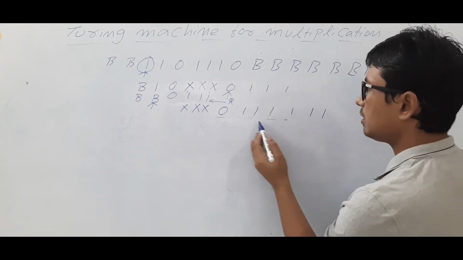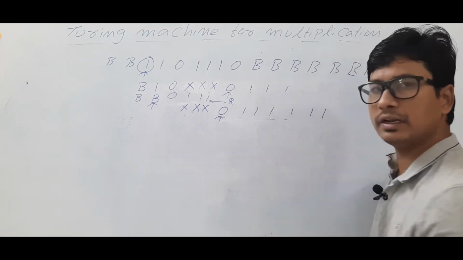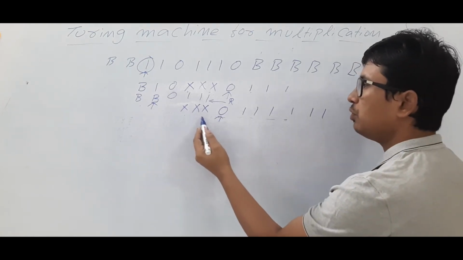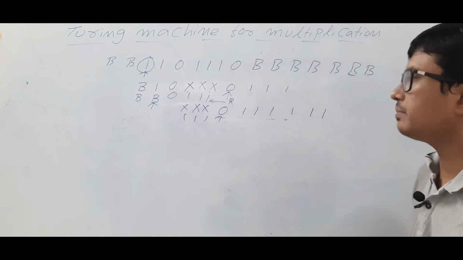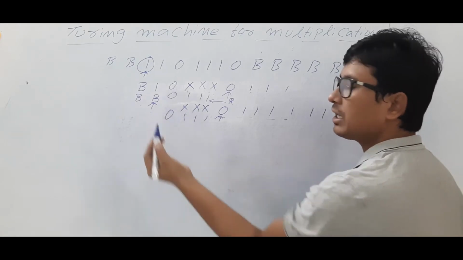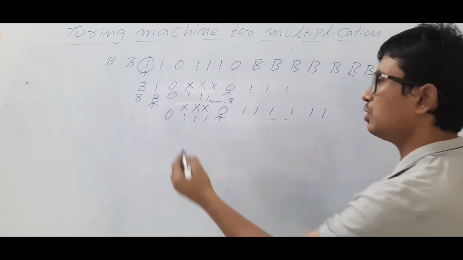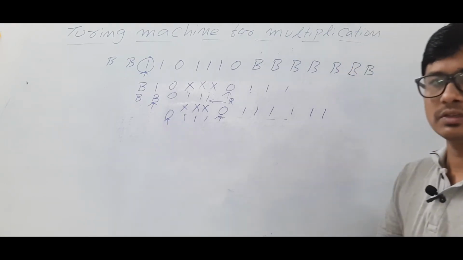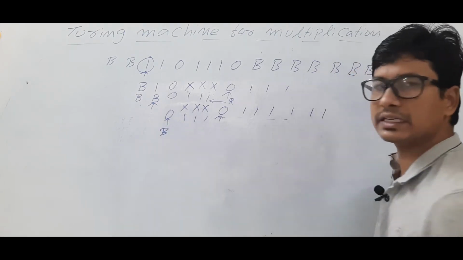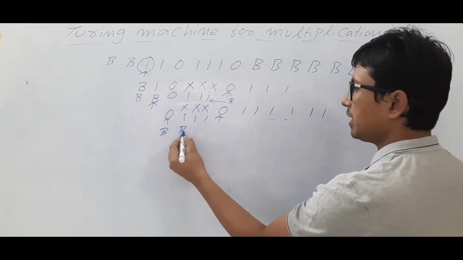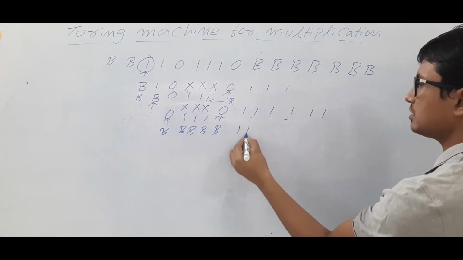Then I will keep on moving to the left. If I get a 0 here, I will keep it as 0, and all these x's will become 1's, because it is the second iteration. Then this is 0. If I get a blank, that means all 1's are completed, and I will move to the right. So at the initial stage you are here. This 0, in the next iteration you will make a blank, and these 1's you will make blanks. This 0 also you will make a blank, and you will get these 6 1's.